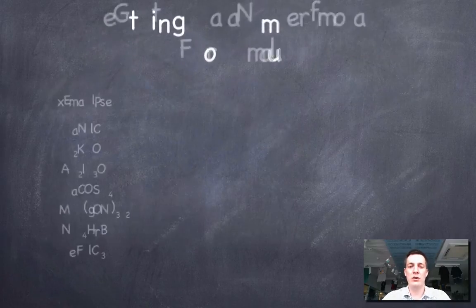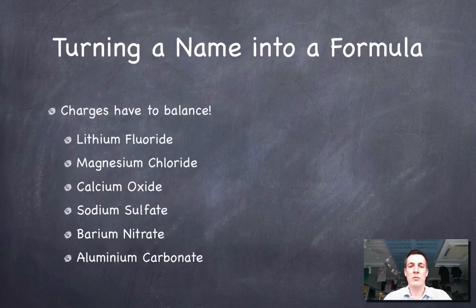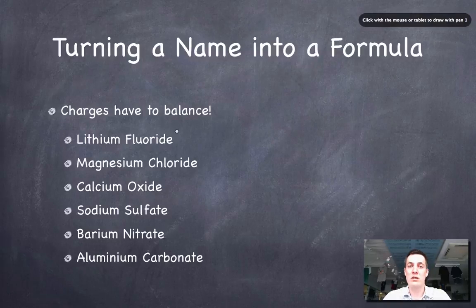Okay, now moving on. I'll just skip that slide. Moving on to turning a name into a formula, now we have to balance charges. So this is simple in the sense that we just get the names of the ions and put them together, but a little bit more complicated because now we have to make sure that the charge is balanced. You should already be able to do this by the time you start the IB course, but just a little